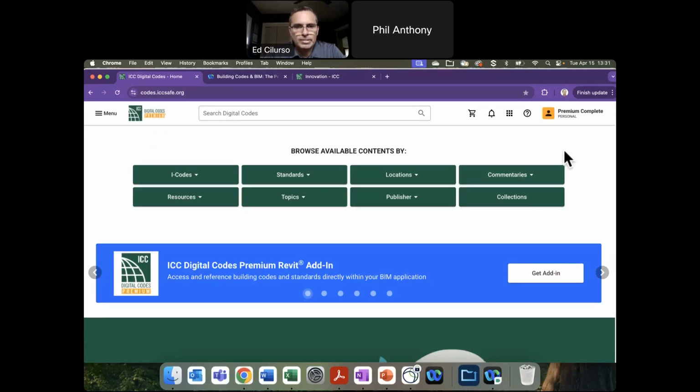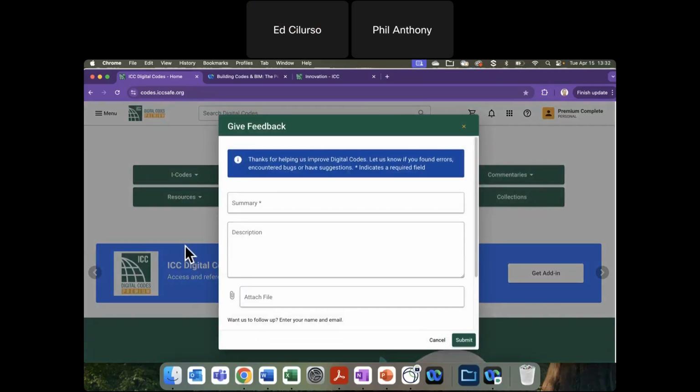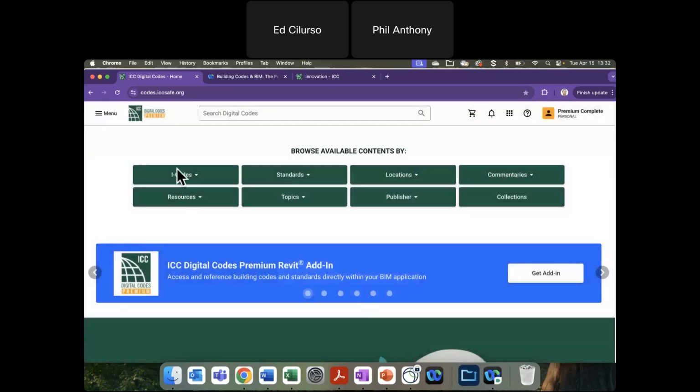And as Ed mentioned, we do appreciate feedback both on content and tools and additions that we can make to make this the best software available. Whenever you're logged in, you would be able to click up here and give feedback. We read these all the time, and we do integrate these suggestions as best we can to improve the product. So please always feel free to submit feedback, whether it be something that looks like an error or something for improvement. Please fill those out. We do look at those and pay attention.